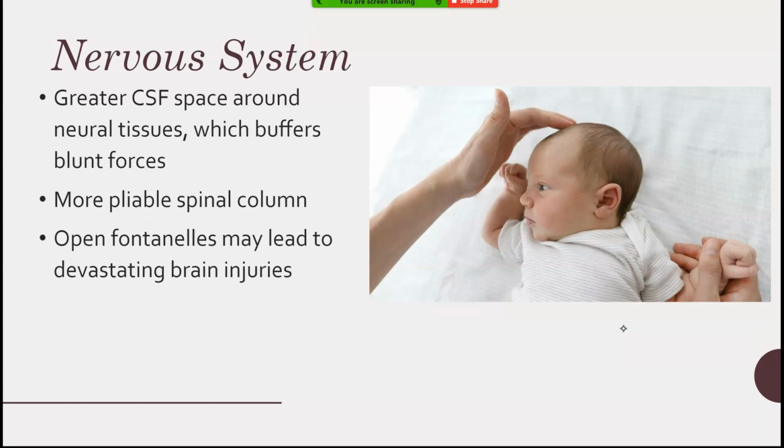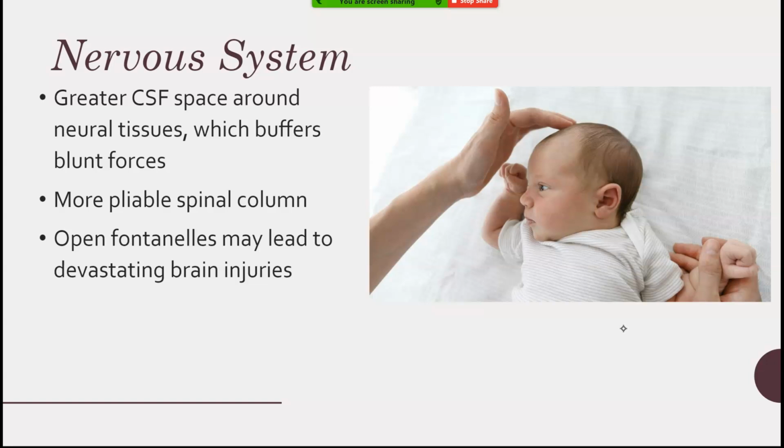Right there, that part that they're poking, that's the anterior fontanelle. Okay, that's about right on the top of the head. The baby's nervous system is generally pretty well protected, okay? They have a little more cerebrospinal fluid, and they have open fontanelles up until about 18 months. So if there's a direct hit or direct injury to the open fontanelle, like the brain underneath the open fontanelle, if there is some sort of blunt traumatic force that creates an